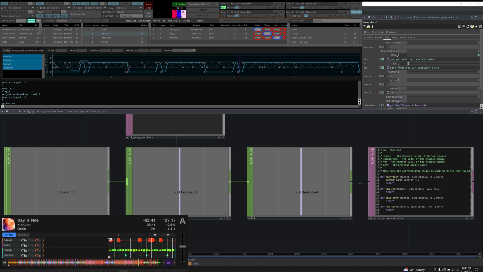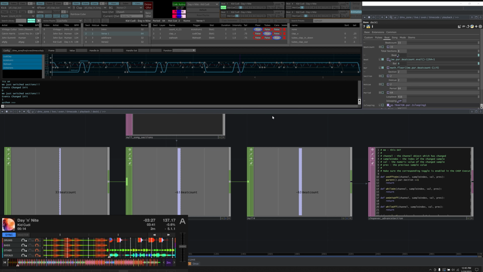So we've seen how the beat count goes up throughout the progress of the song. It also changes when we are clicking a hotkey. A hotkey switch in Traktor will change the hotkey parameter, the section, and the beat count at the same time.